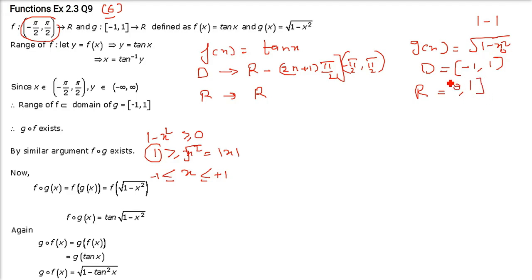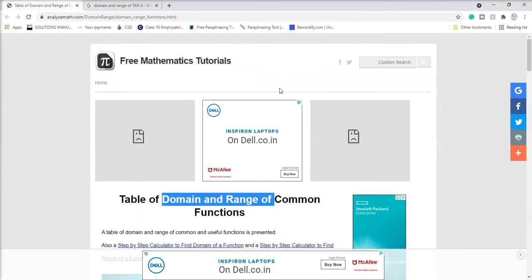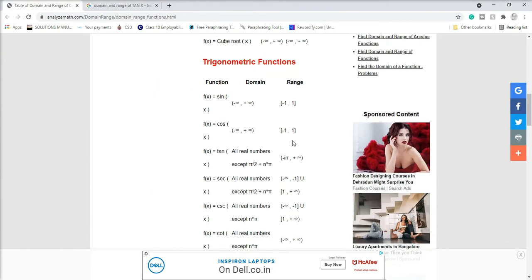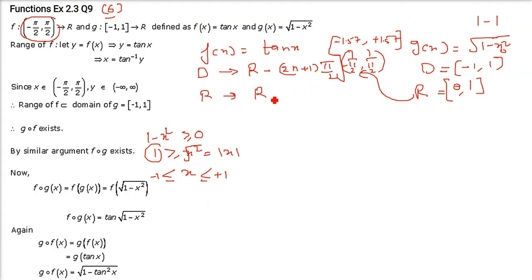Okay. So if you see here, this range should be the subset of the domain of tan x. So negative pi by 2 is minus 1.57 and pi by 2 is 1.57. Right? So the real number, negative infinity to positive infinity, is again the same thing we see. The range, which is the real numbers, is not the subset of your negative 1 to 1.